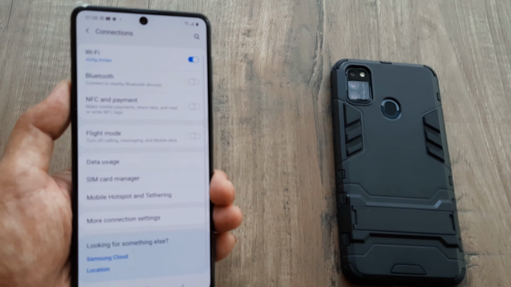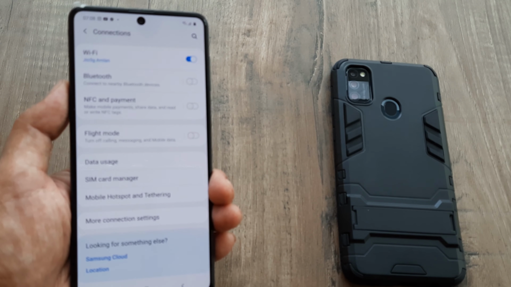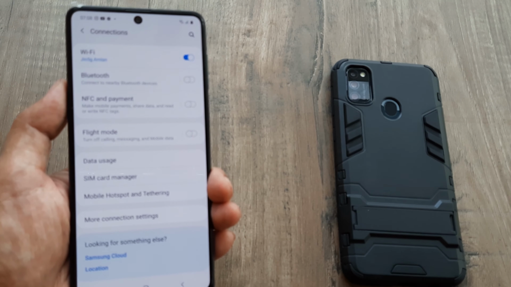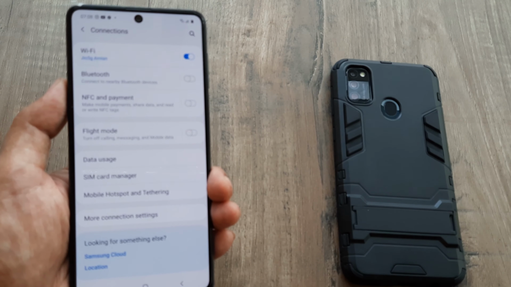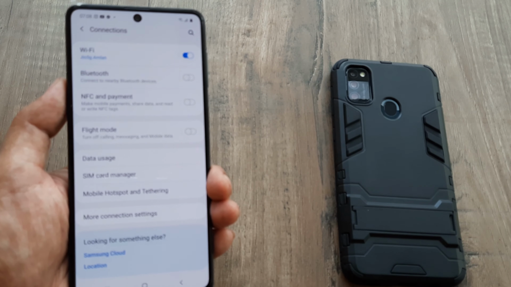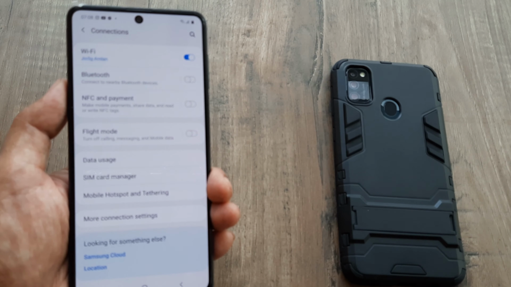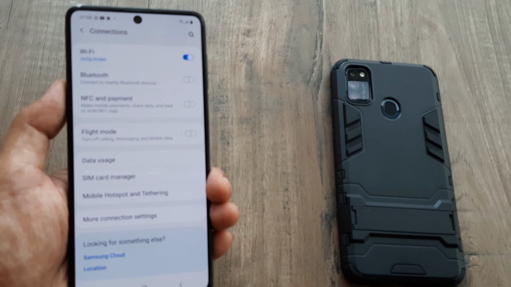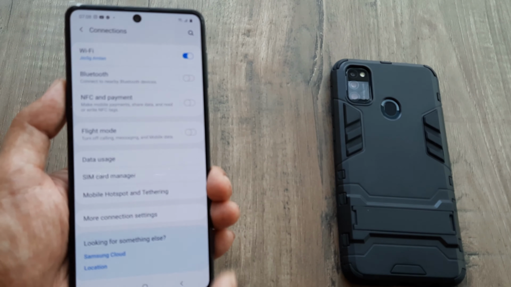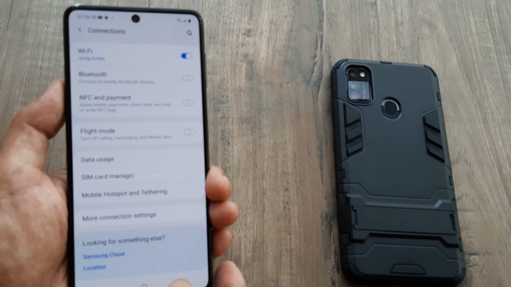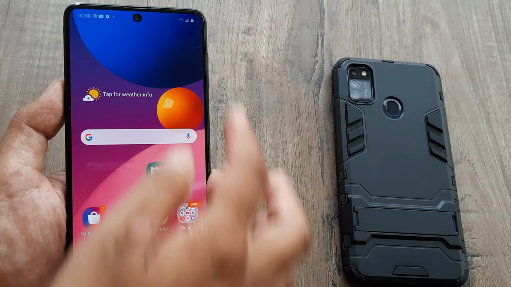Let's understand the conceptual part of what happens if they are turned on. Anytime you come near a Bluetooth device, maybe you're going to a restaurant and they have these payment things, your device is establishing a remote connection. So there is a ping, ping, ping kind of thing happening. That's why you need to close down Bluetooth and NFC if possible, because they try to establish remote connections.